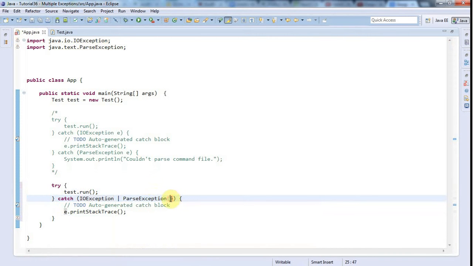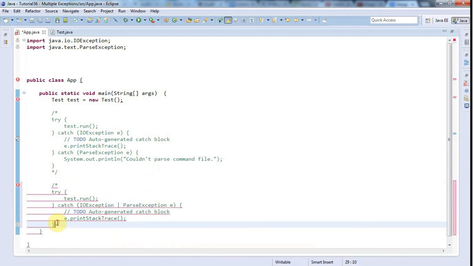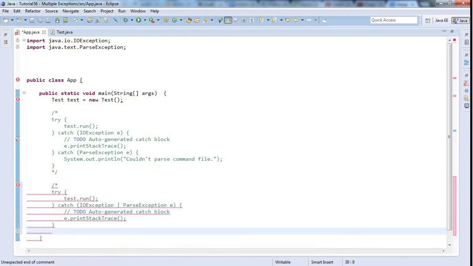And there's the actual variable, which is the actual exception that we could use if we want to print a stack trace or get the error message from the exception. So this can handle multiple exceptions in one catch block, and that's the try multi-catch. There is something else you can do, however, because let's just close that. Let's say test.run again,